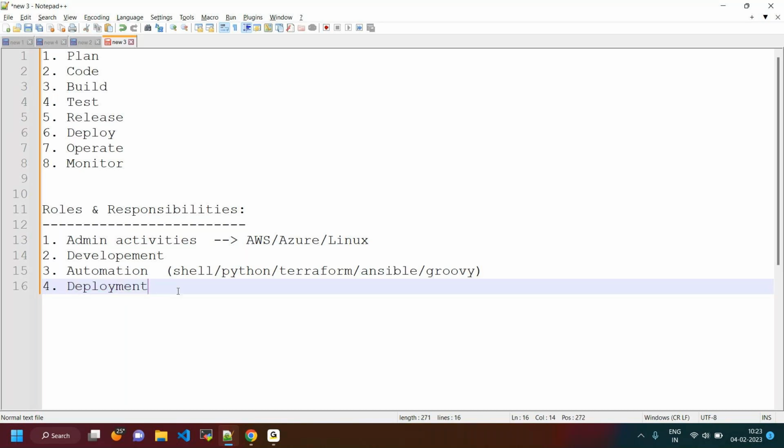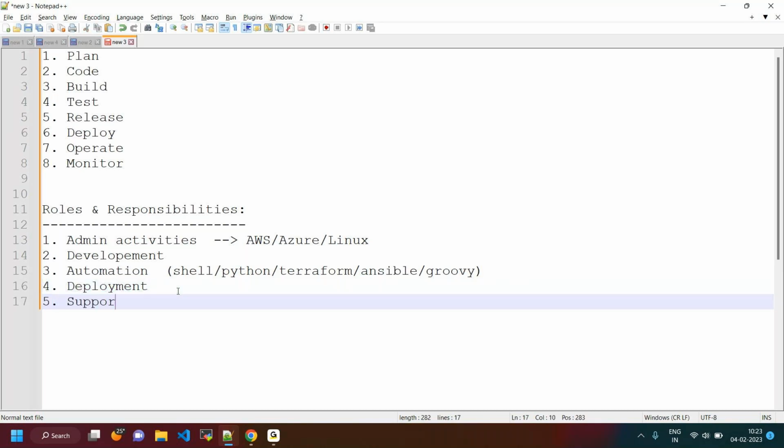And the fifth one is support. These support engineers are going to support these deployments. Whatever deployments happen, they are always going to monitor those applications. If they get any alerts, they need to work based on the alerts. We have different teams, like L1, L2, L3 teams. They work based on the type, handling different levels of work, depending on how much time they get to resolve that particular issue.